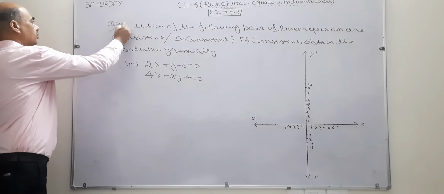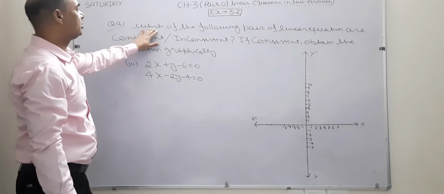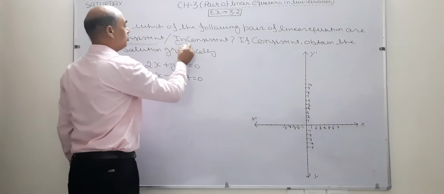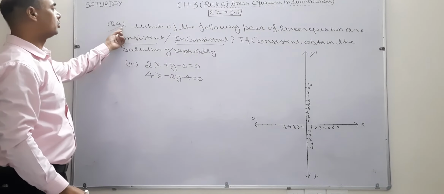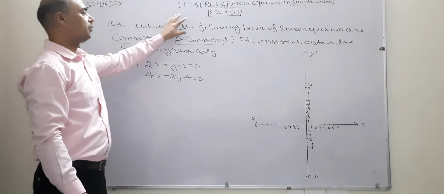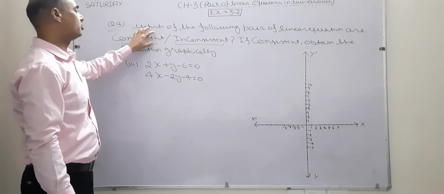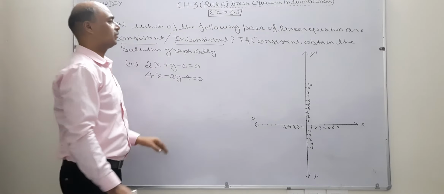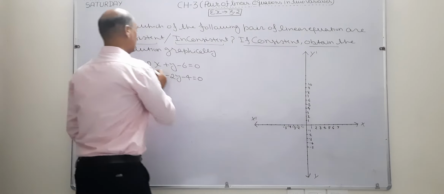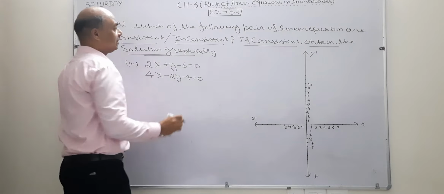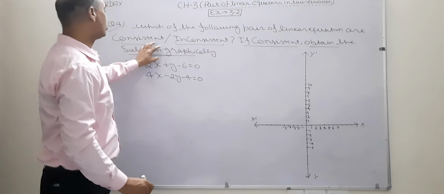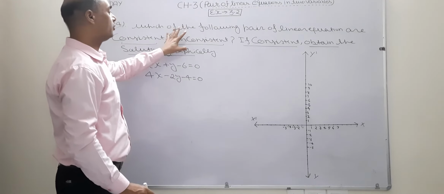Now I am going to solve question number 4. See what is given. Which of the following pair of linear equations are consistent or inconsistent? Same question. Question number 3 we did earlier. In this question number 3, what did we decide? After comparing the ratio, we decide whether the given pair of equations is consistent or inconsistent. Same question is there, but what is the difference? Now see what is the difference. If consistent, obtain the solution graphically. If the given pair represents or becomes consistent, then we have to find the solution of such type of pair